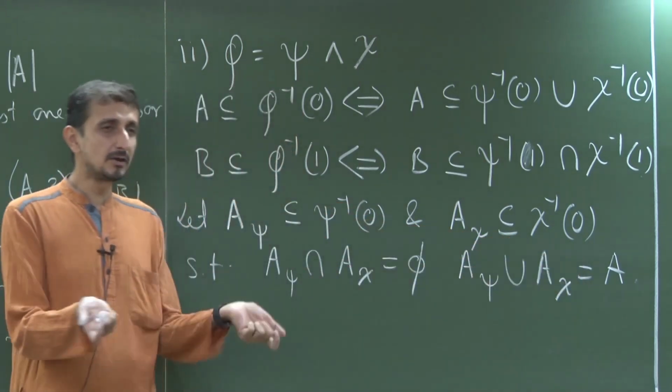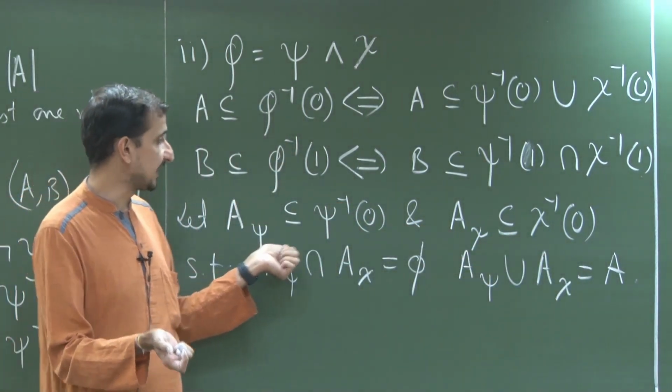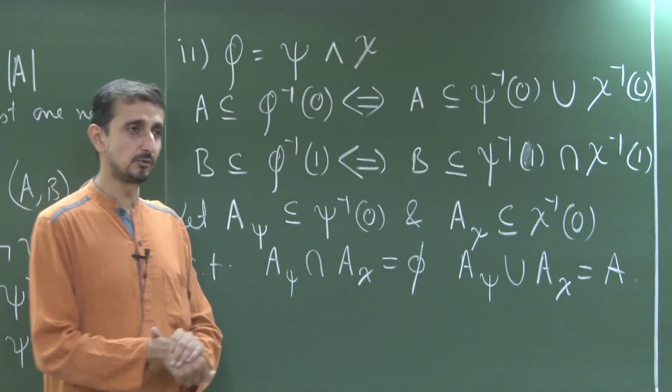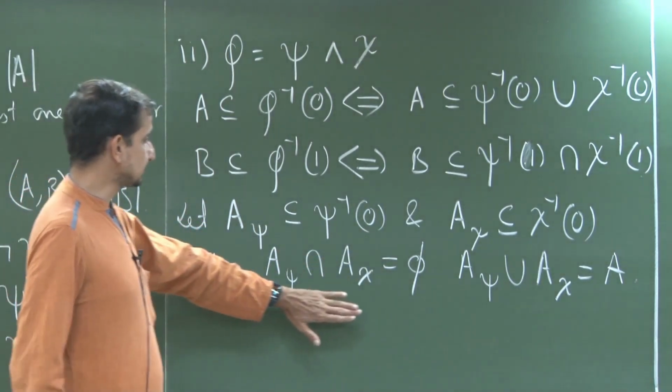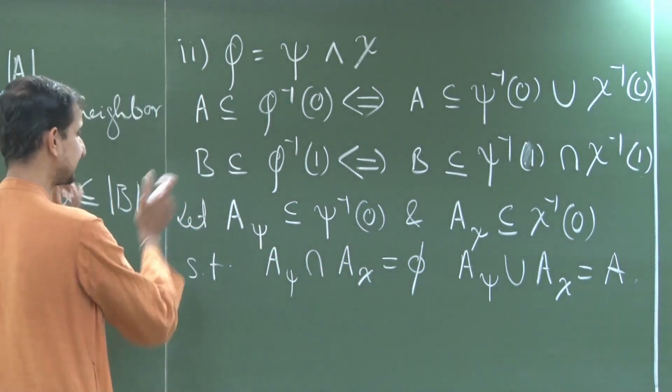Now, there can be some common elements in between. Okay. So, there can be some inputs which take both psi and chi to 0. I can put them in either one. I can decide to put it in either one. It does not matter, but I just want to ensure that there are no common elements. Okay. This is any partition,